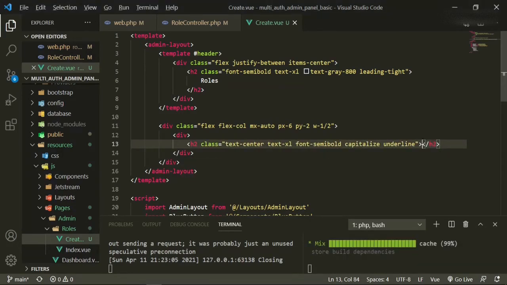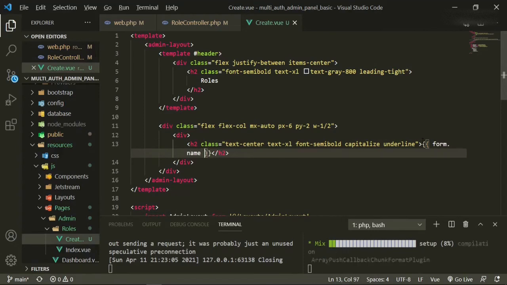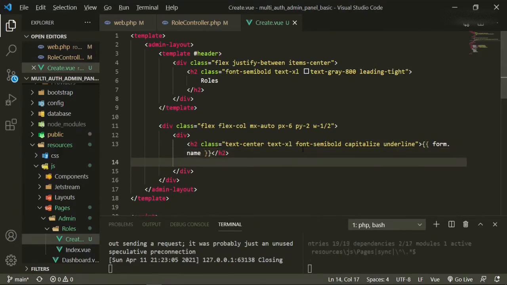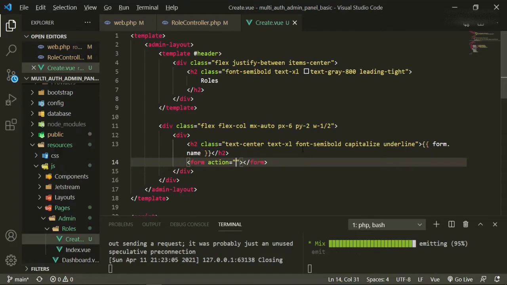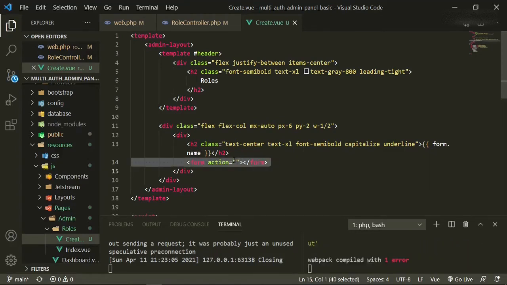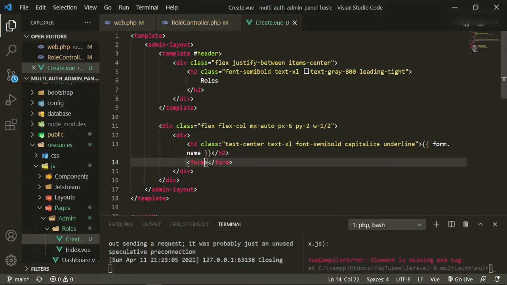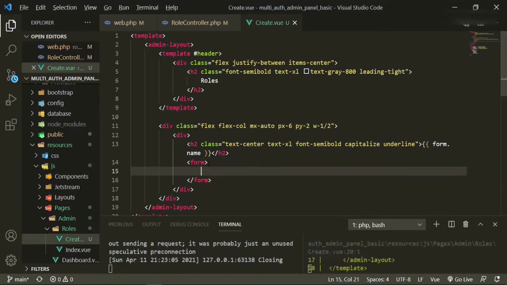And then in here we'll just add form.name. We'll be working on the form in a little bit. So under the h2 we'll add a form, and the method we'll do after. Get rid of this action, and we open this up, and then we'll have a div with a class of mt-4,